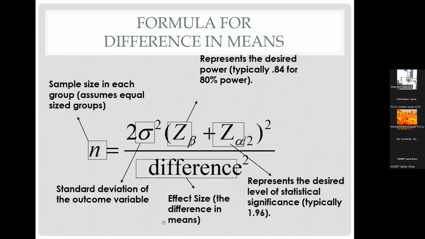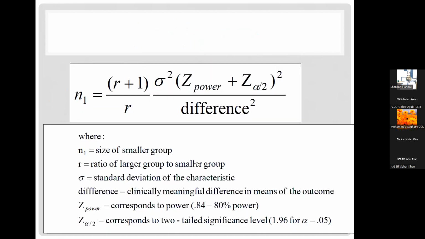So the difference is the effect size: how much difference you can afford from your original value. Let's say my mean is 20, and I'm okay if my mean goes from 18 to 22. So my effect size will be 20 minus 18, that is 2 points. You take the difference of this and square it up. So here's